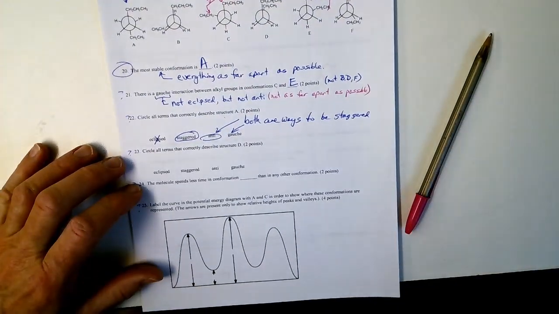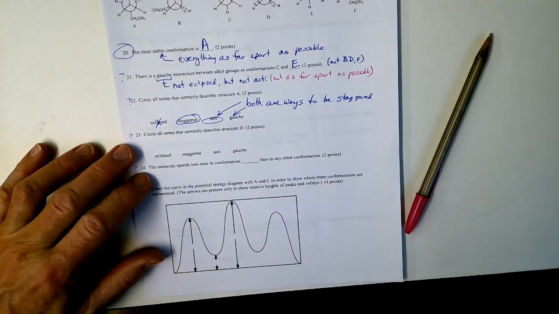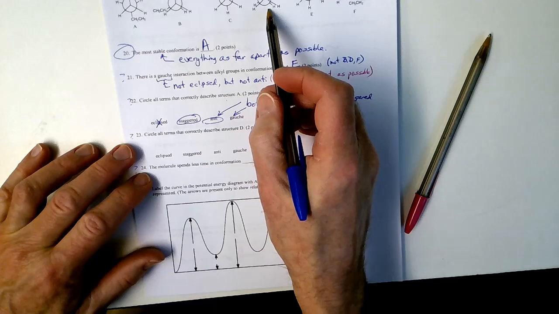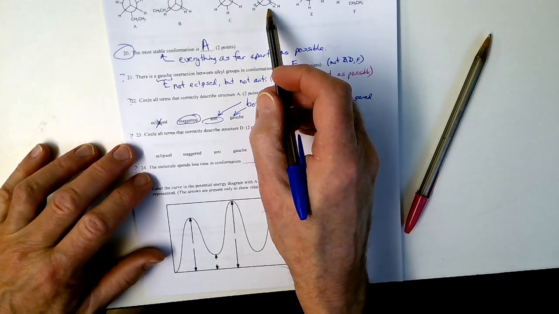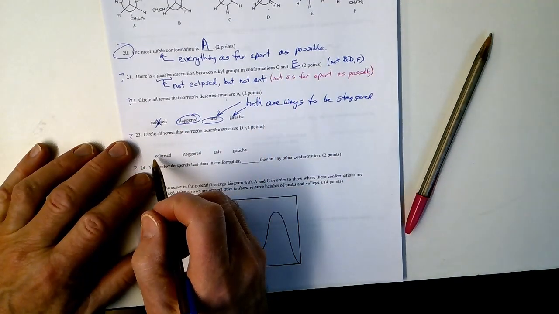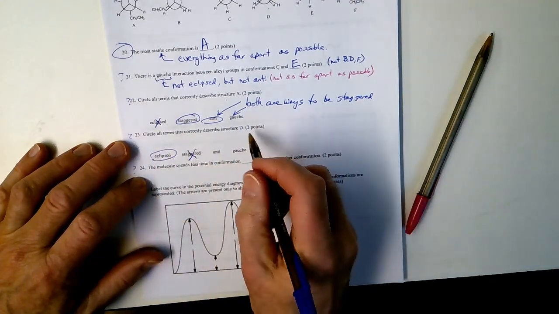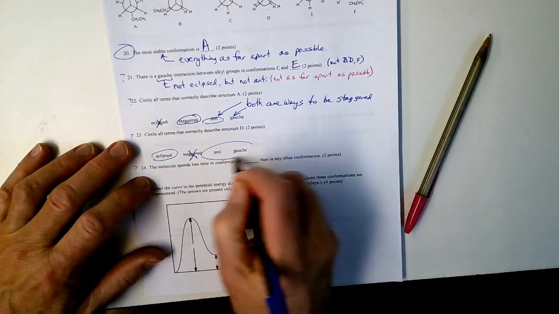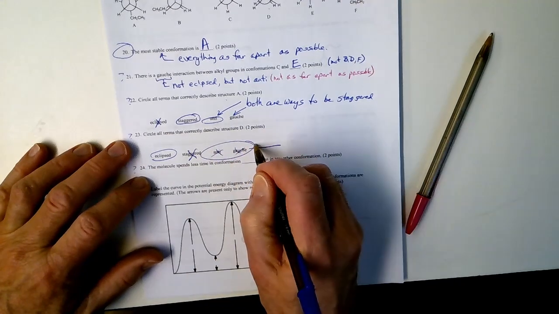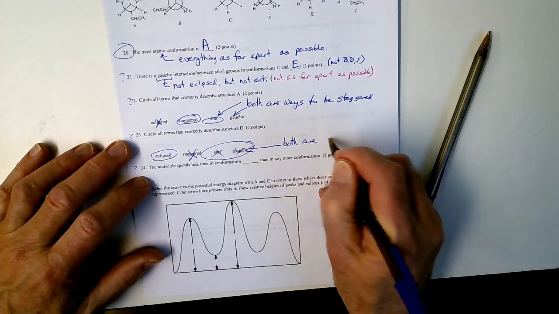All right, and then a similar question for part D. Structure D is this one right here. It looks like everything in the world is wrong with it. It has things bumping into each other. That thing is a mess. So what would you say? Is it eclipsed? Yeah. And it's not staggered, and for that reason, it's not either one of these as well, because both of these are different versions of staggered.